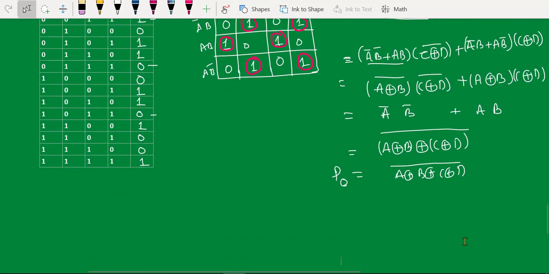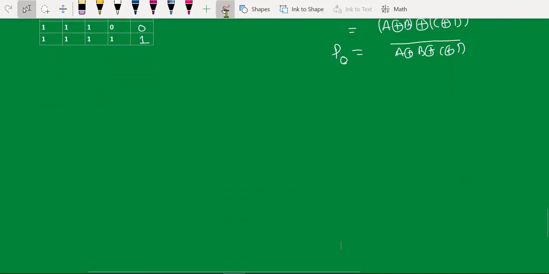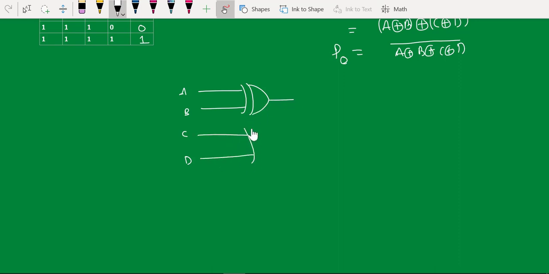So if I want to implement this circuit, you just need to have 4 inputs A, B, C and D. Either I can use daisy chain or maybe tree structure. If I use a tree structure, I can just take one XOR for these two and one more XOR for these two, and take one more XOR here.